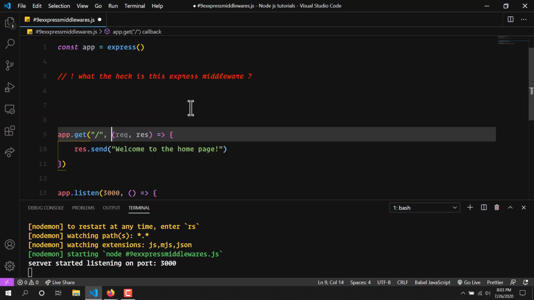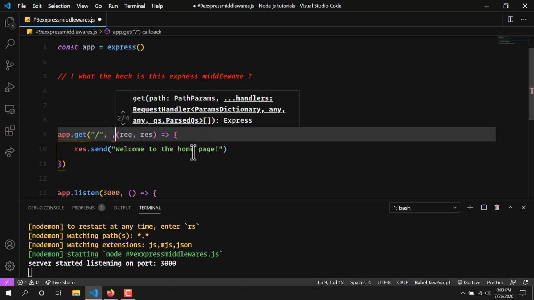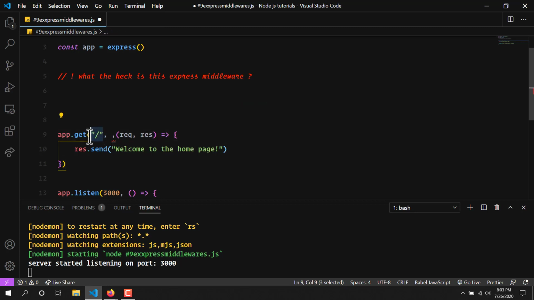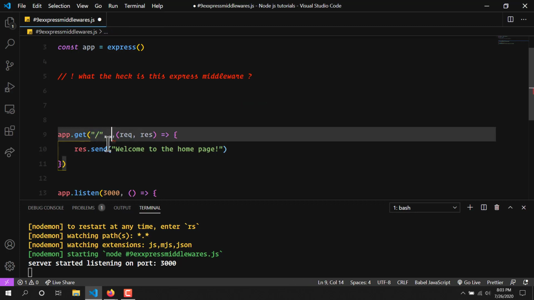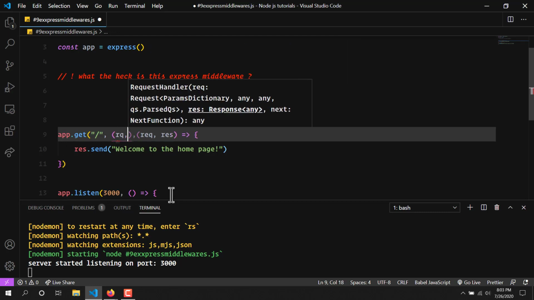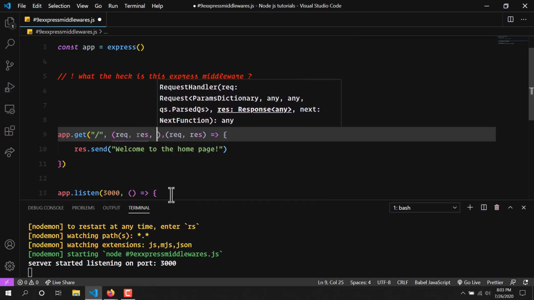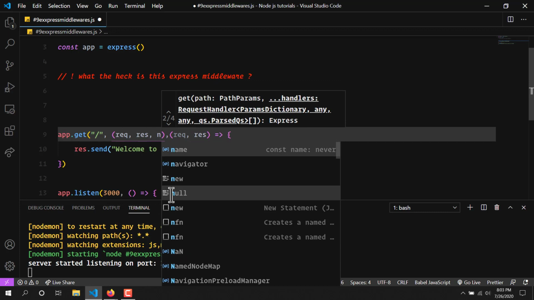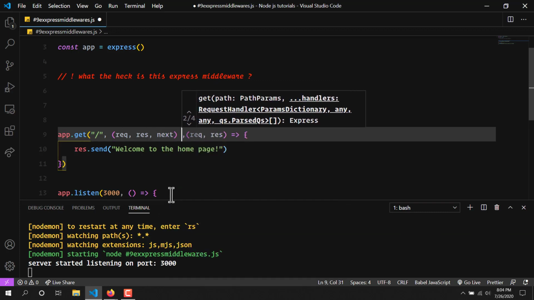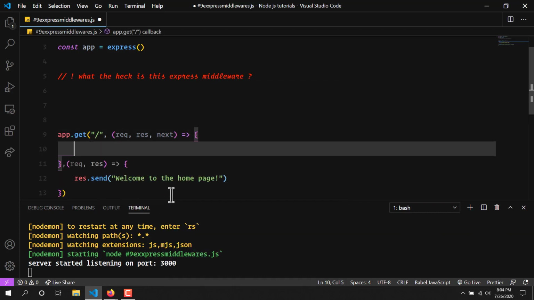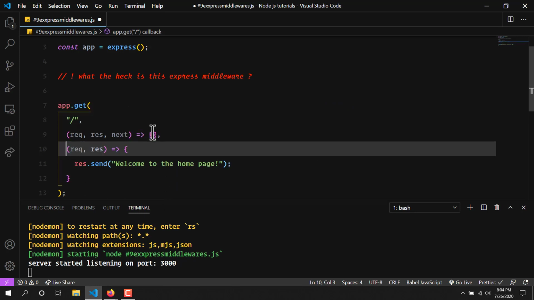In order to use Express middleware, you first have to define your route, and there will be your Express middleware. We again have request and response, but in Express middleware we also have next, and this is a function.